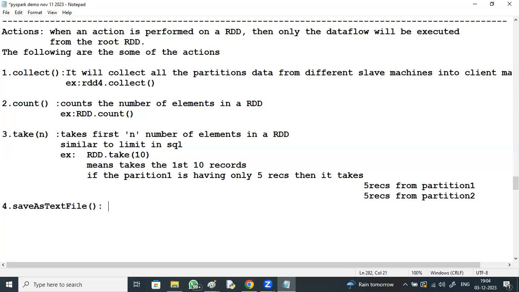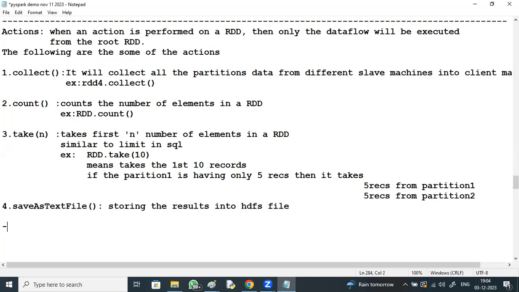Save as text file means storing the results into an HDFS file.